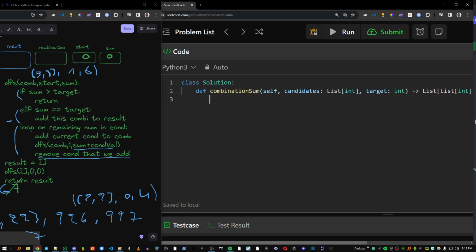Okay, so what did we say we're going to do? DFS. We're going to give it combination, start, and sum. So we said if sum is bigger than target, which is this one, we return. Else if sum equals target,